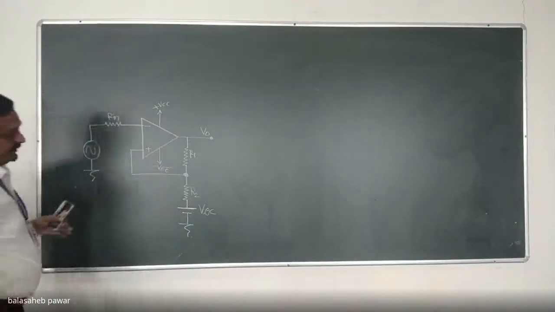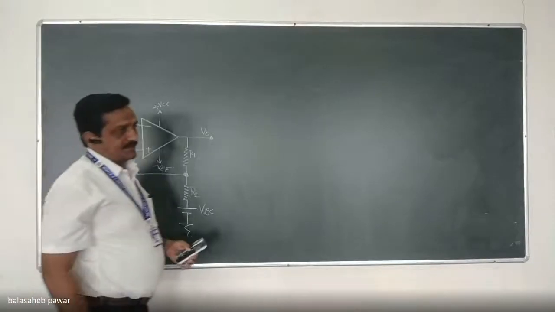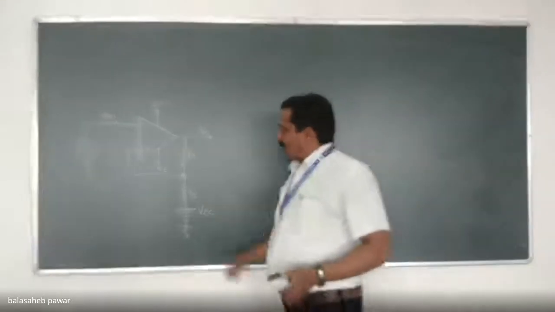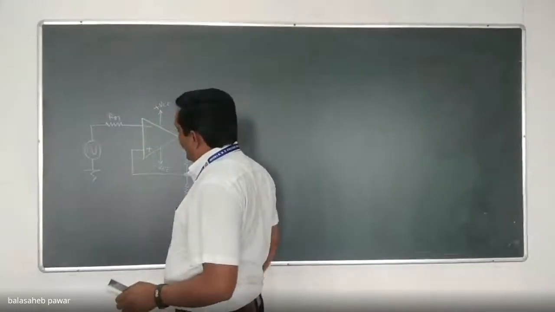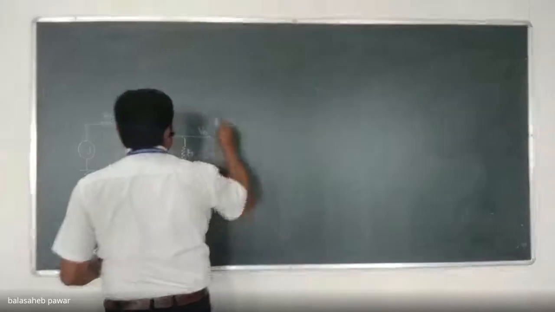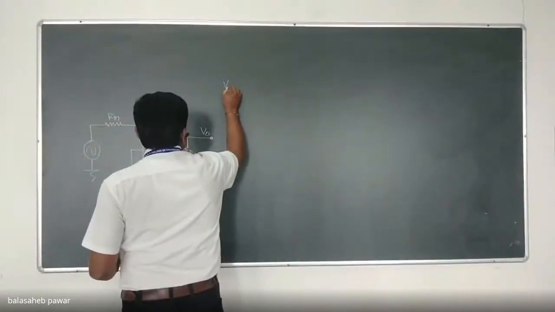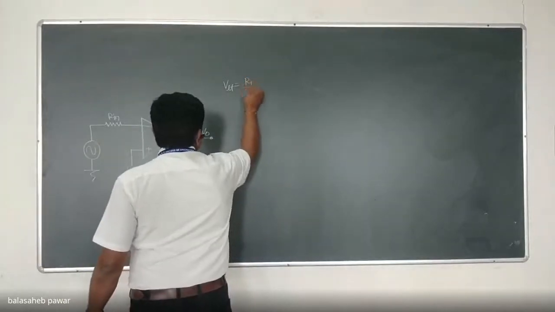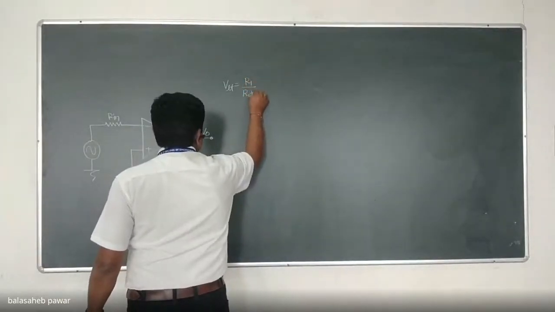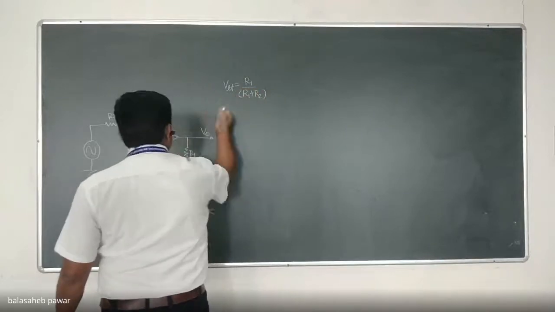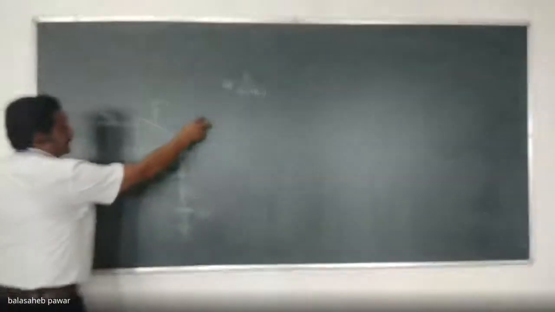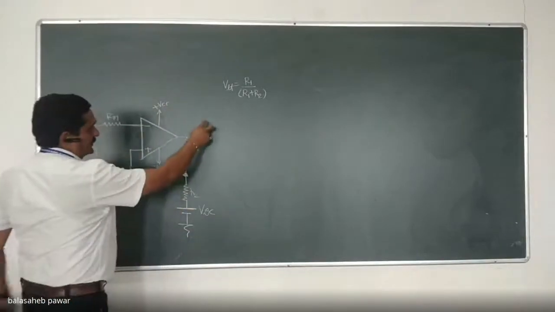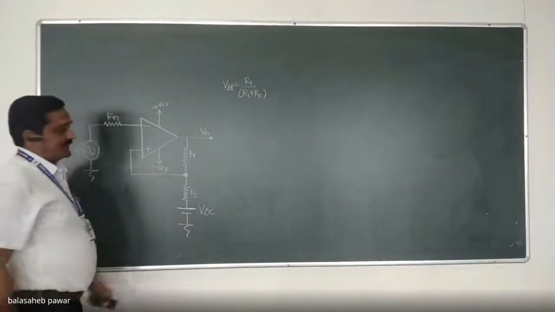Okay, so this is known as a symmetrical Schmitt trigger, right? So why is it known as an asymmetrical Schmitt trigger? You will observe VLT is equal to, as per our previous formula, the lower threshold voltage R1 divided by R1 plus R2, multiplied by the obtained output voltage, either plus Vsat or minus Vsat. So for VLT, that output voltage was, we taken it was minus Vsat, right?